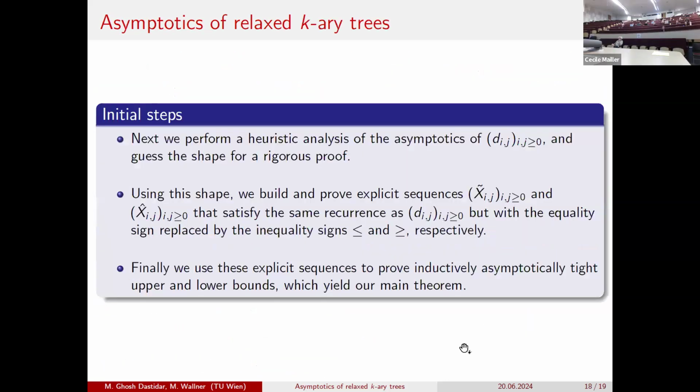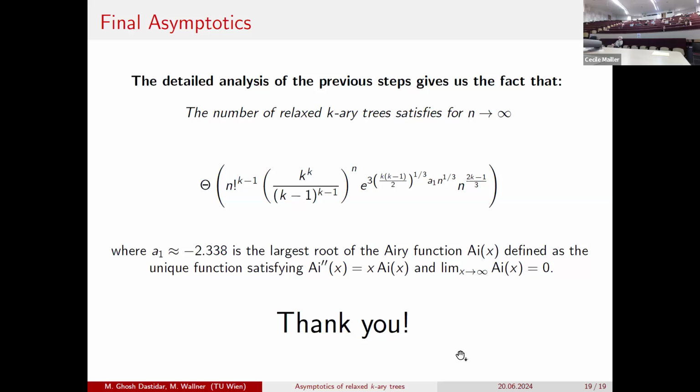Okay, if not, I have one. Some terms in your asymptotics are a bit exotic compared to what we usually have. Do you know a little bit what these objects will look like and whether it is possible to get some geometric information about these relaxed k-ary trees? What kind of information do you mean?